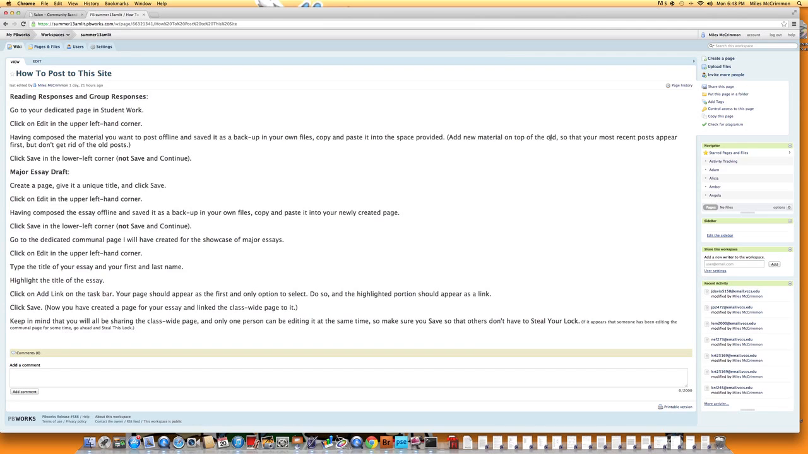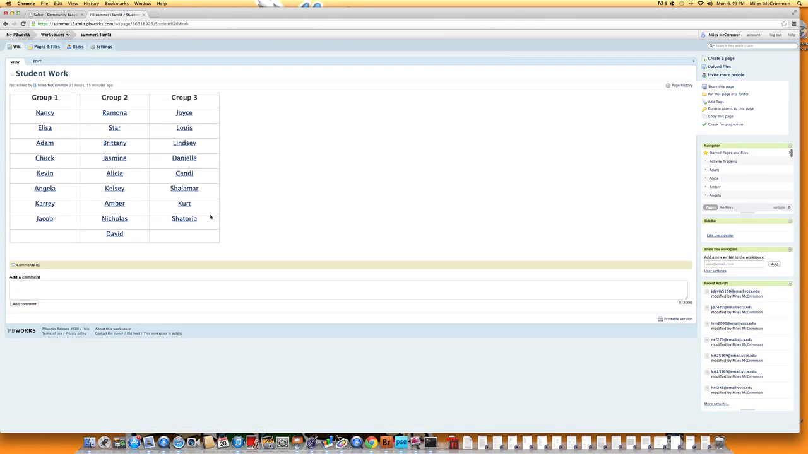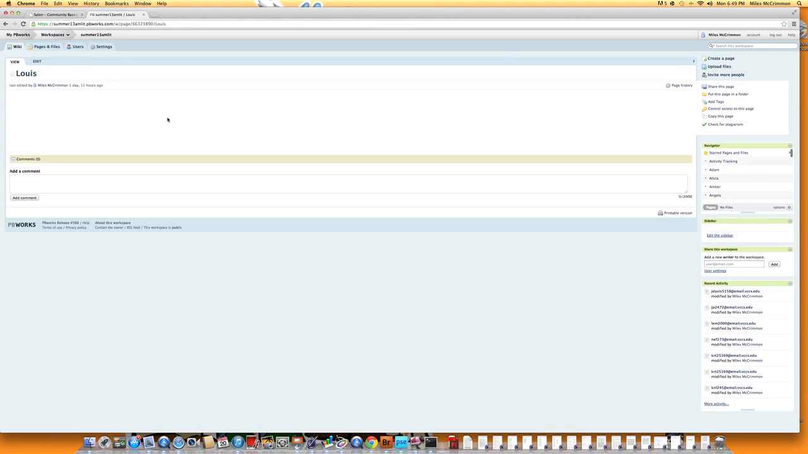It's a little bit more trouble for all of us to read your stuff because for you to read your group mates' stuff, you'll have to visit these student work pages and go to their new material. That's why it's important for everybody to put the new material on top of the old, and always just remember to click save. So, just as an example of those simple directions, if I'm Lewis, I'm going to my page here,